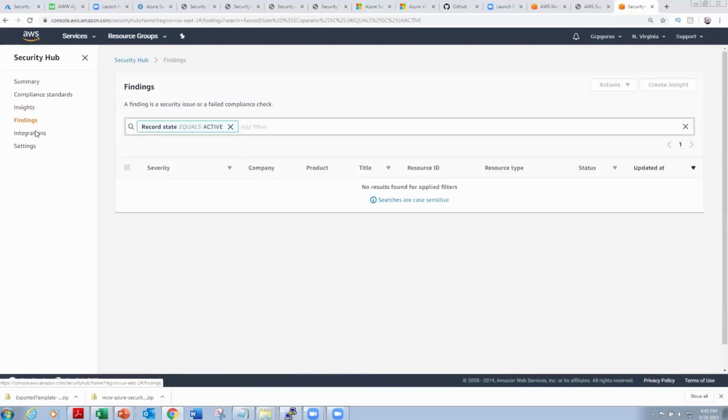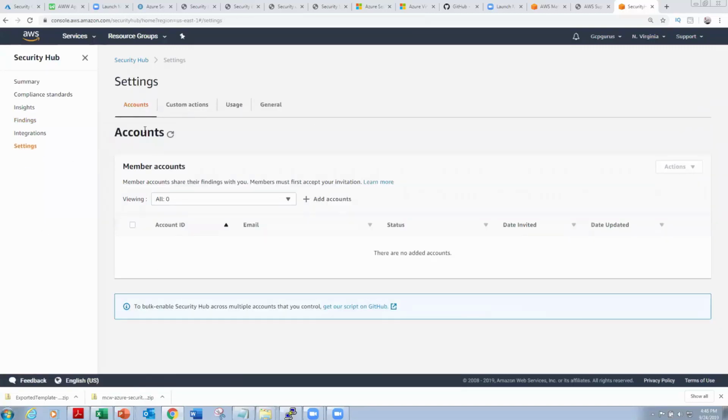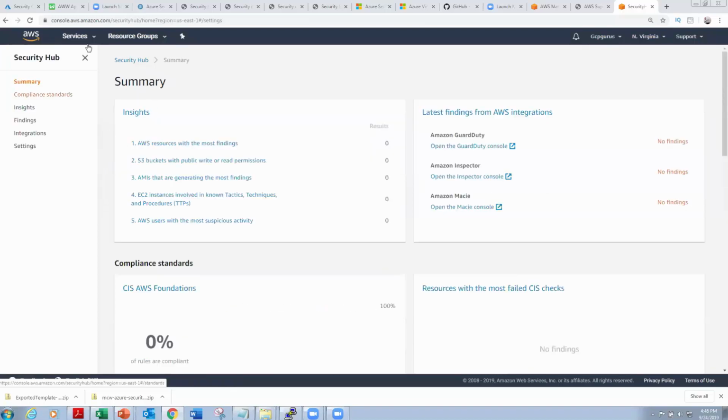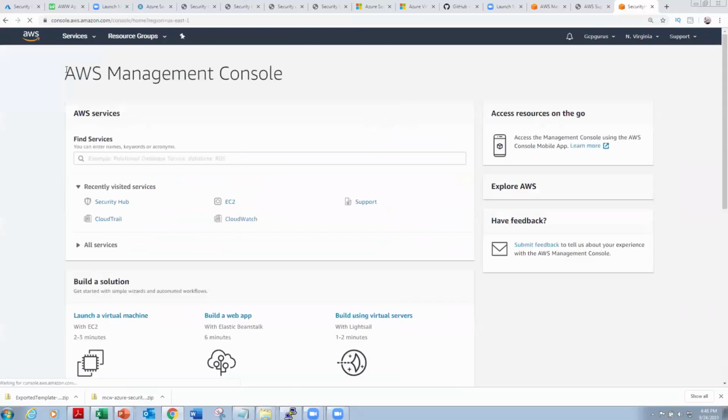And then findings, if we go down here, what'll happen is this will do the compliance check and it'll tell you what the issue is, what the resource is as well, and we'll start populating this. If I go to settings, I could add accounts as well, and then there's also scripts here that you configure from GitHub as well. And then if I go back to AWS,